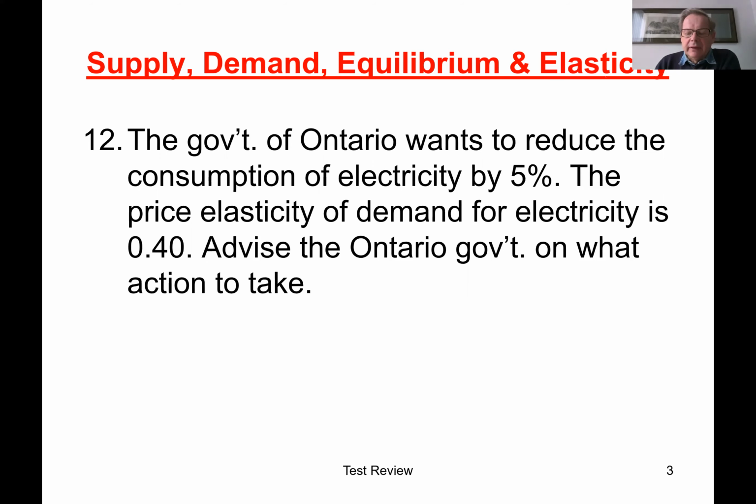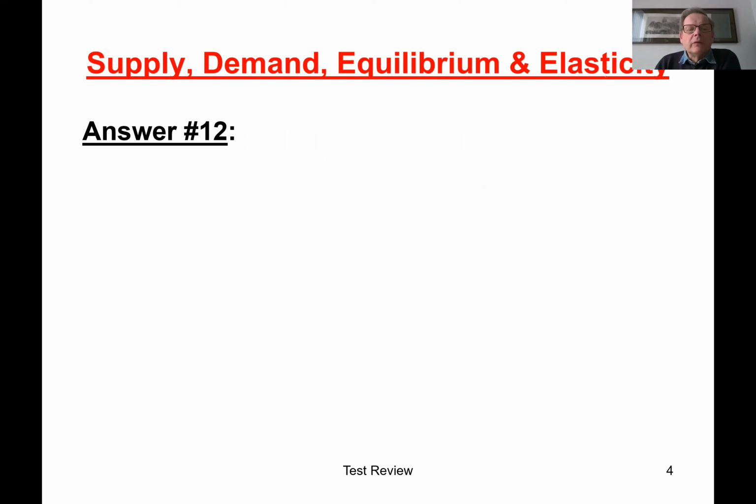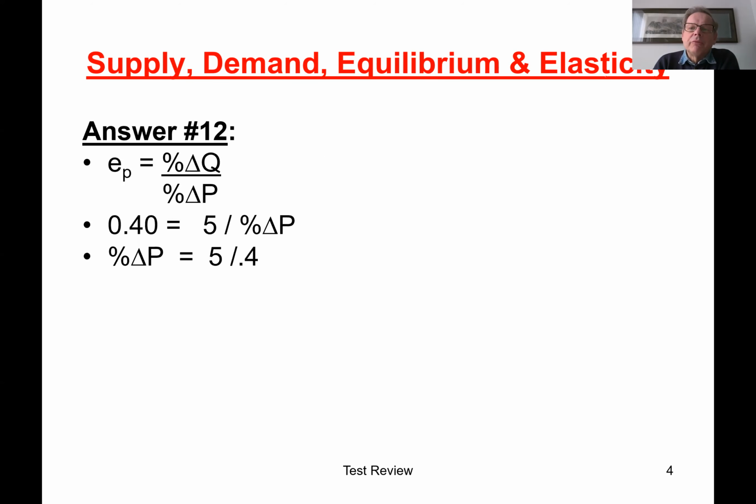Okay, let's get down to it. Again, we're going to use that formula where we're only given the percentage changes. The elasticity coefficient is equal to the percentage change in quantity divided by the percentage change in price. We are given the elasticity coefficient of 0.4. We are given the percentage change in quantity. We're looking for the percentage change in price. So we will isolate the percentage change in price, and we'll get 5 divided by 0.4, and we will get that the percentage change in price has to be